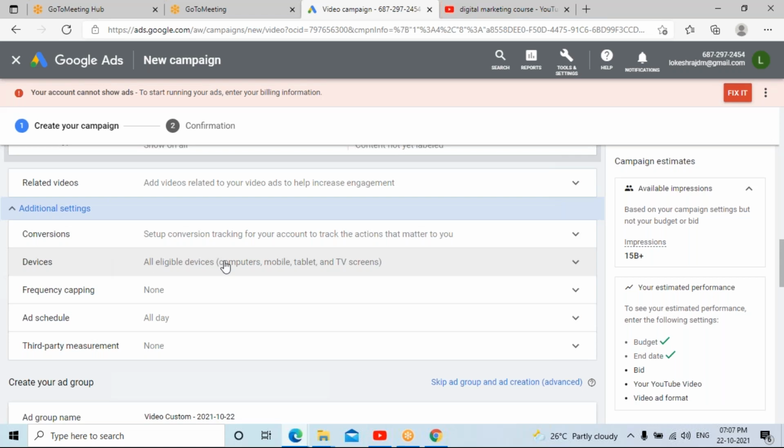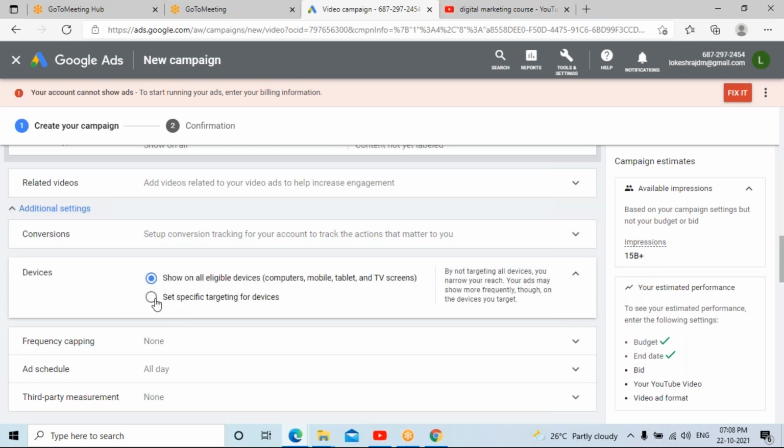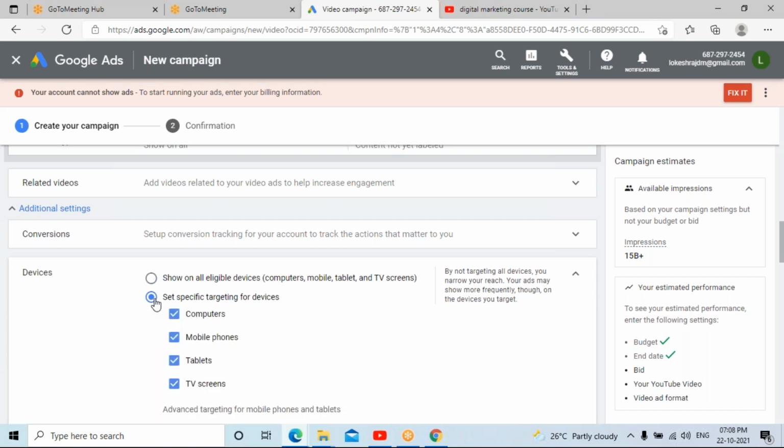Devices. You can choose the devices on which people are going to use YouTube. Only if you are very specific that when people watch YouTube channels and videos on those particular devices, the ad should show only on that screen. If you are very specific about that, you can choose those devices. So let us see what those device options are. This we can call in-depth targeting.